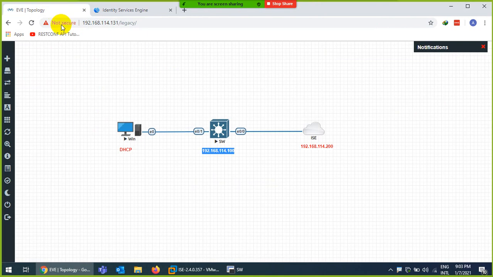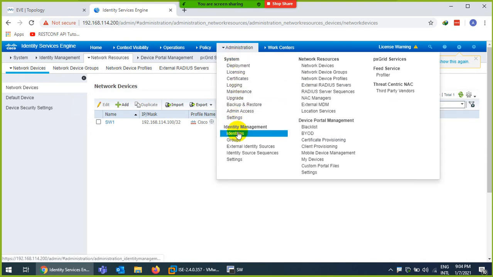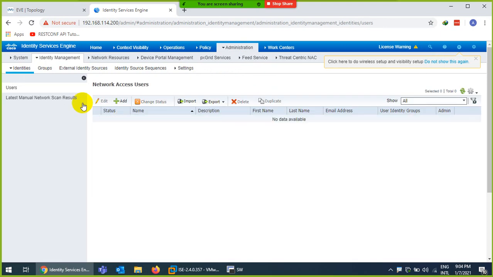Now how will this PC connect? Username and password. So that they can put in a username and password and authenticate to enter the network. They need a username and password. So normally there will be Active Directory connected, but unfortunately we will use the local database. So I will go to Administration, Identity Management. We discussed identity management yesterday, and I will create a local user here.